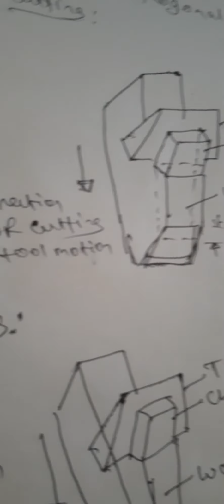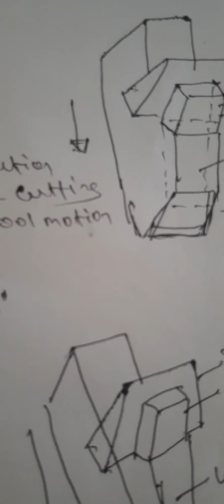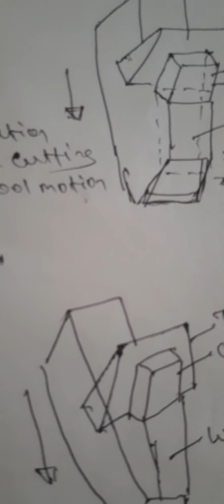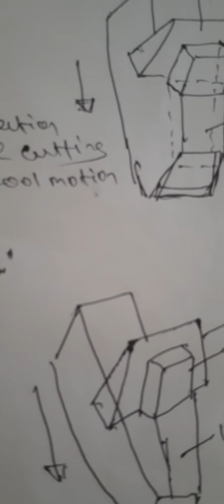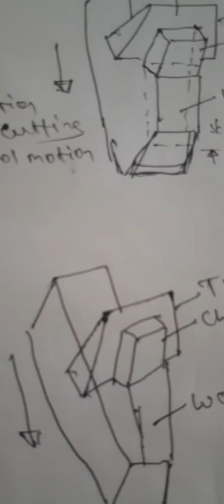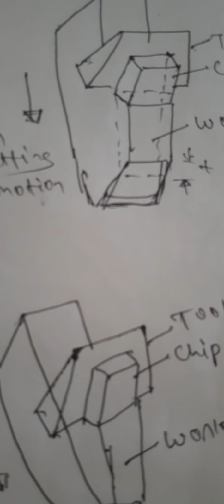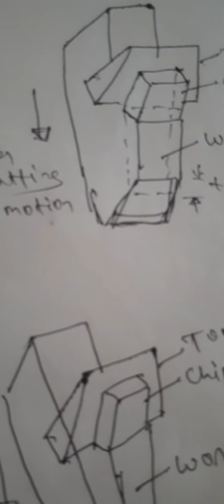So today we'll be discussing metal cutting. Metal cutting is known as machining, which is the most common process used in manufacturing industries. Every product, big or small, undergoes a machining process to get a final product. In metal cutting, two terms are very important. Those are orthogonal cutting and oblique cutting.